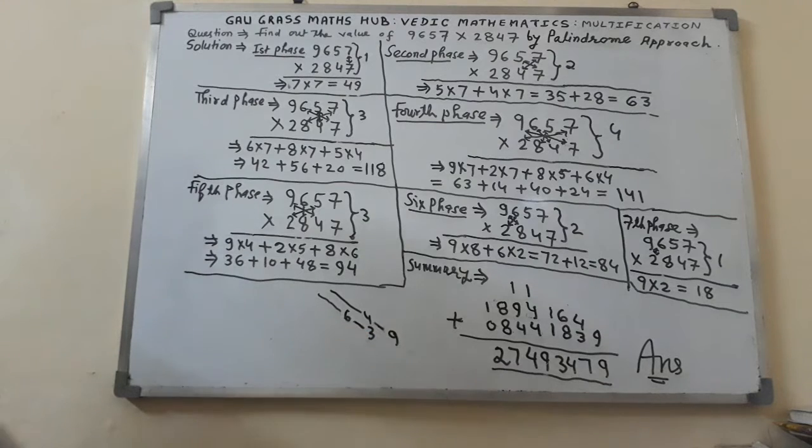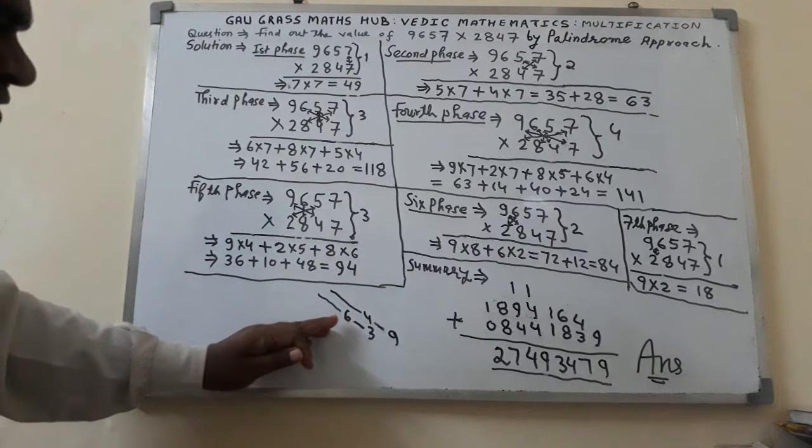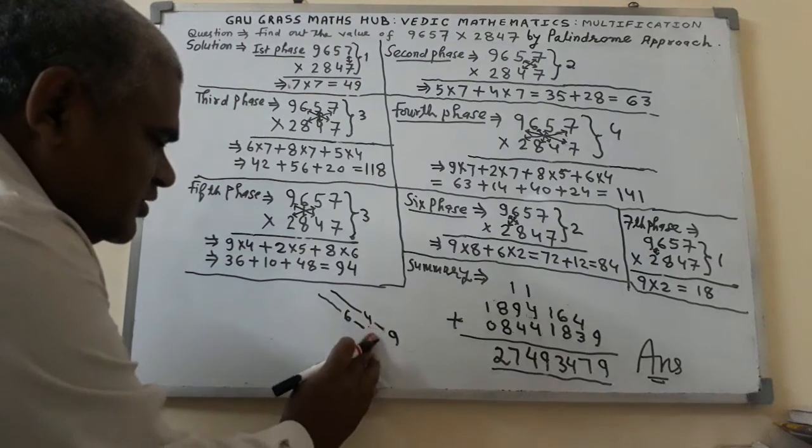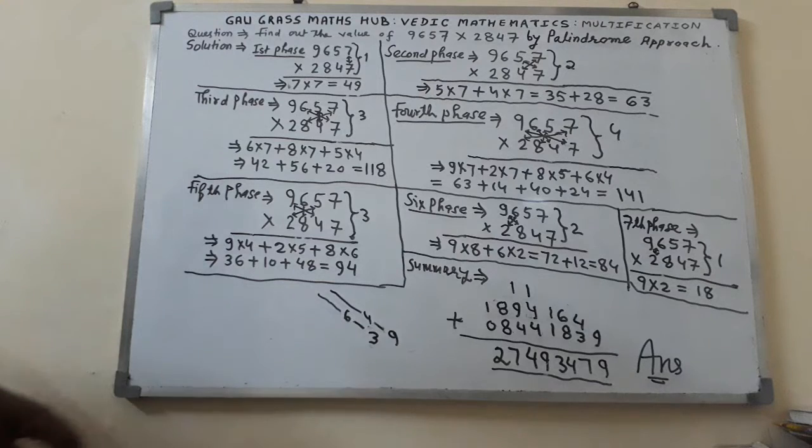This is mathematical activities. In order to engage a child, a young student, anybody else, completely involved in mathematical calculation, lots of practice, lots of motivation, and lots of engagement are required. So you have got here 49, you have got this one 63. So these three will be these three. Now you have got 118.